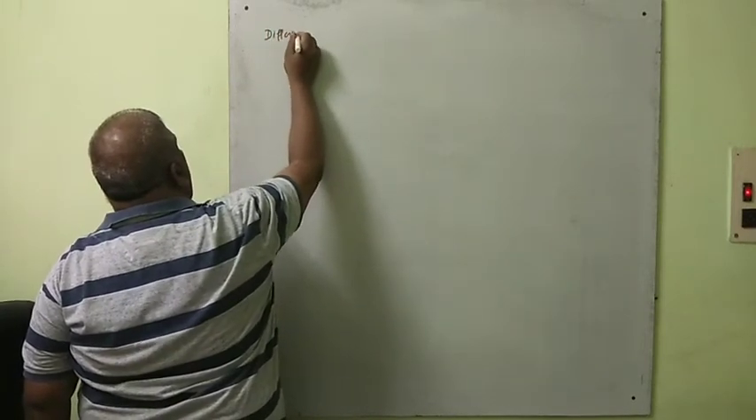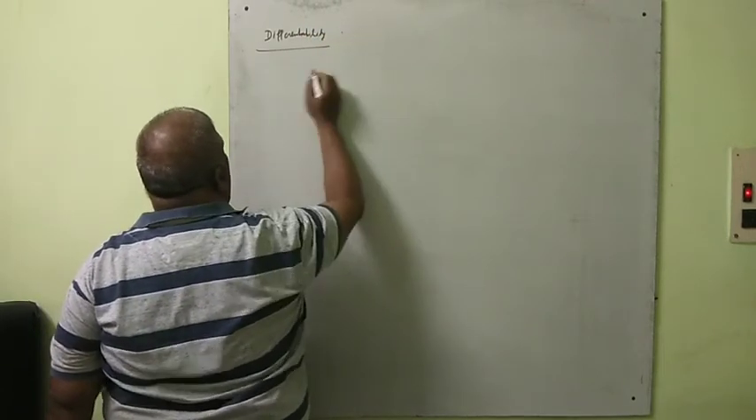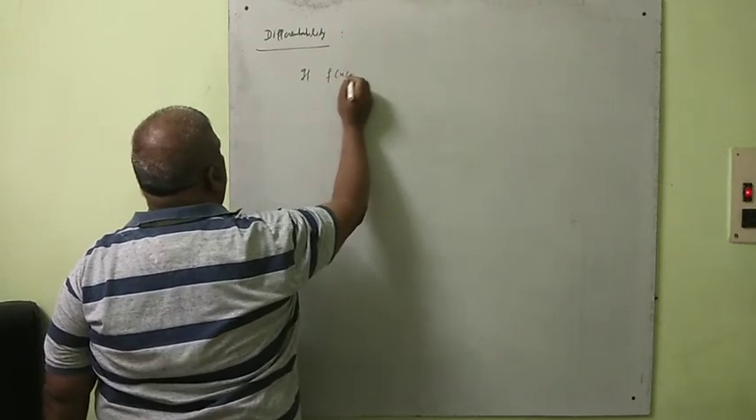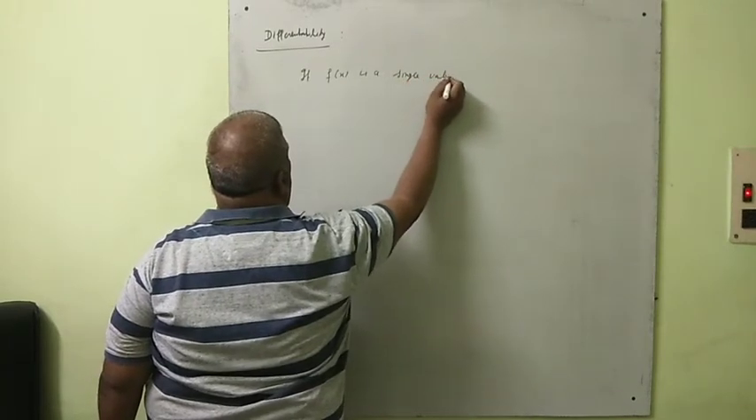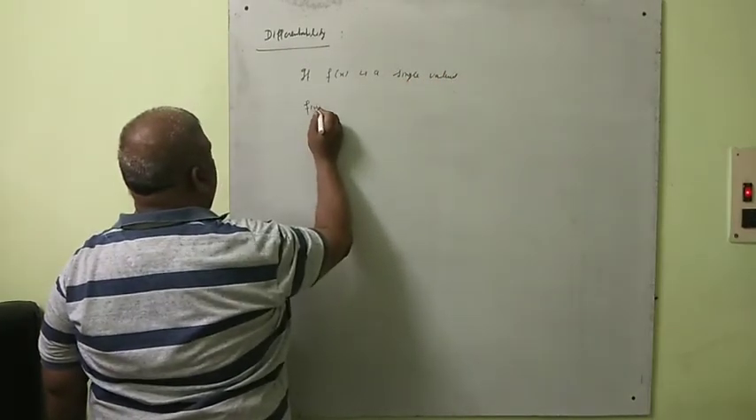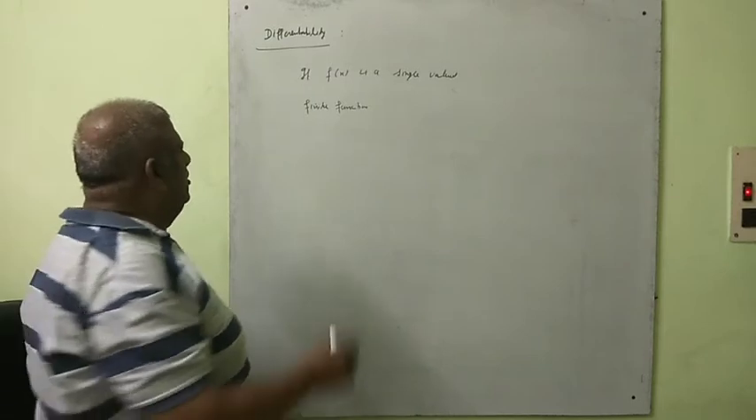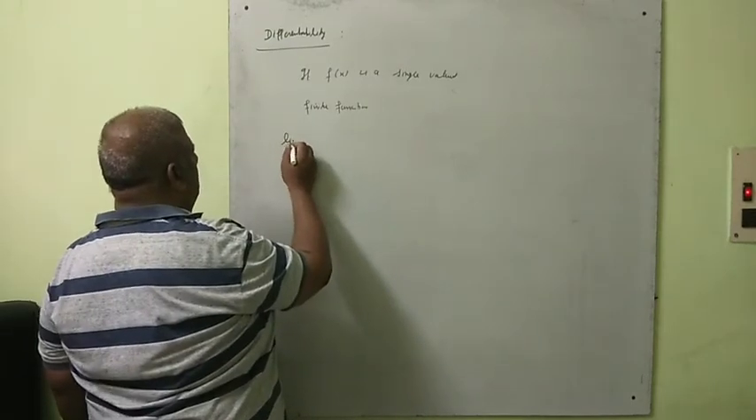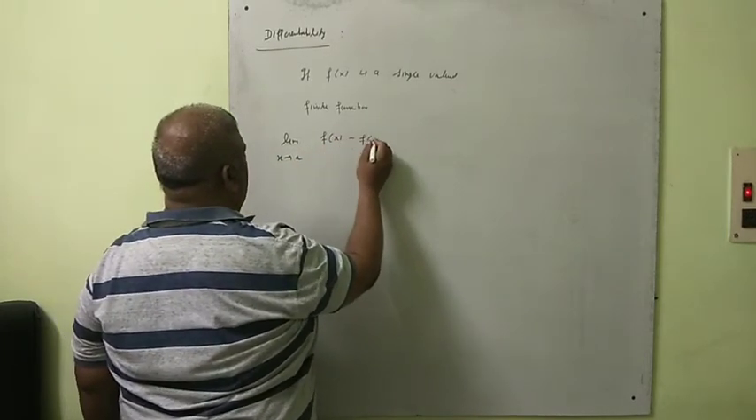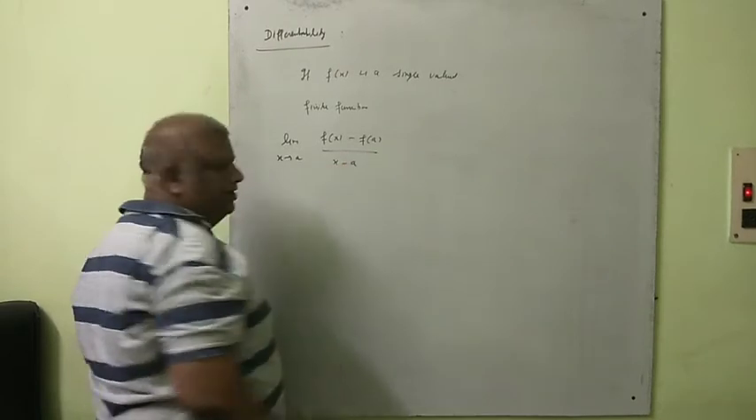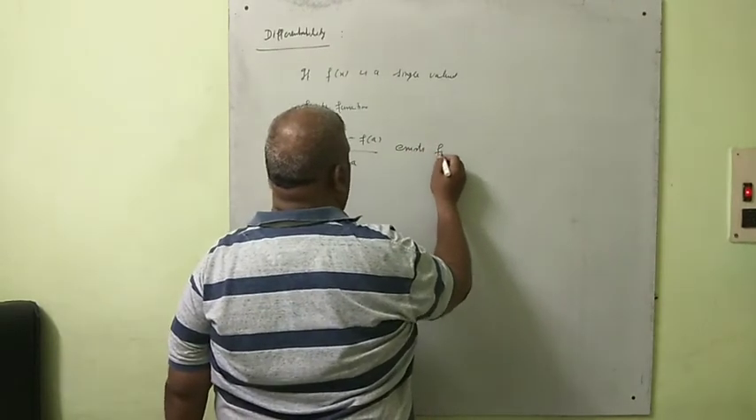Differentiability. If f(x) is a single valued finite function, and the limit as x tends to a of (f(x) minus f(a)) upon (x minus a) exists finitely,